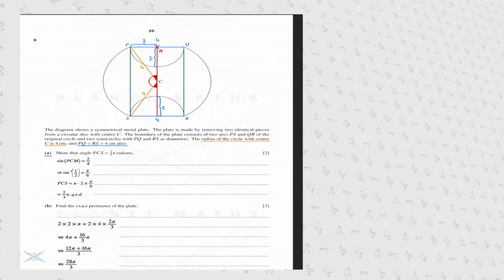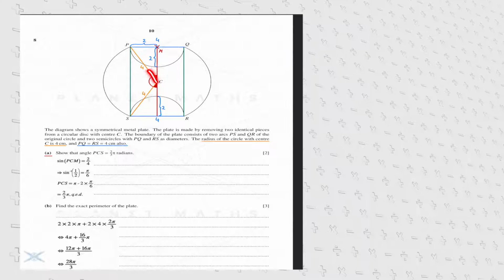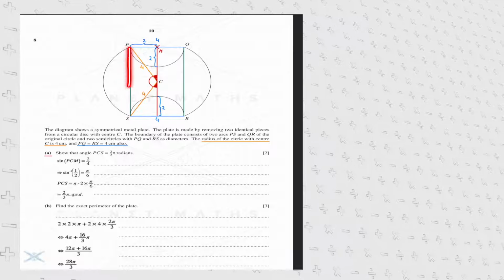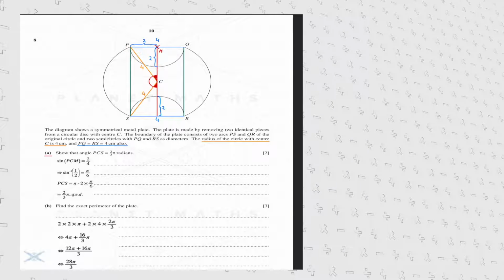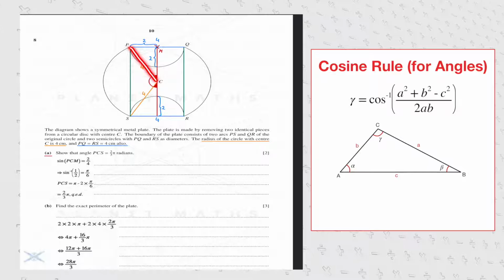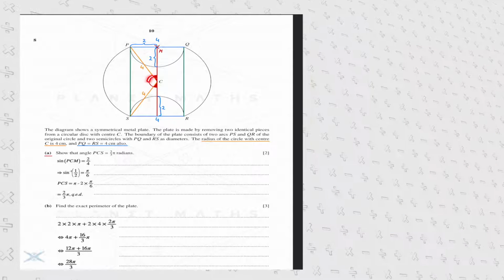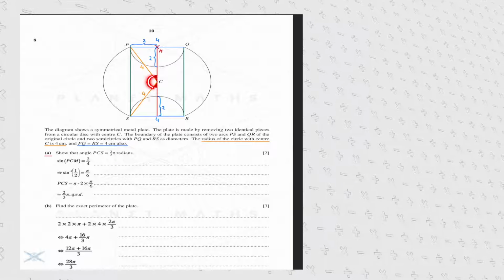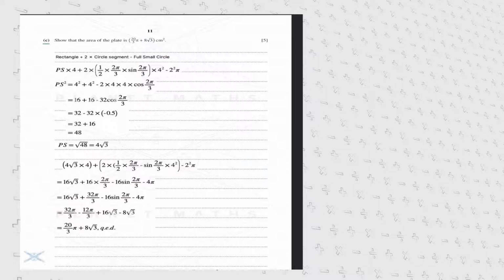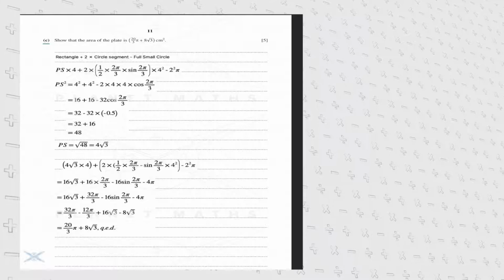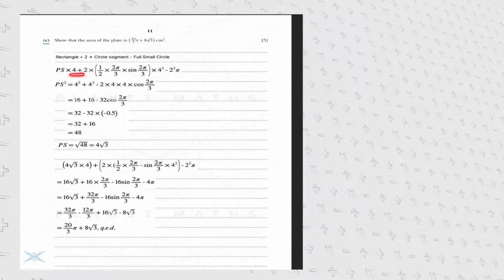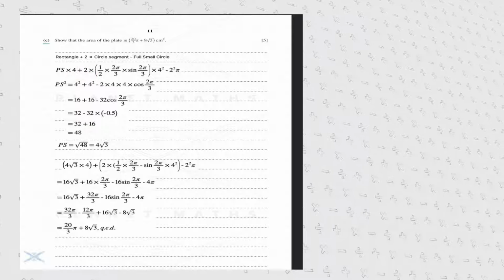To find PS, we will work within the triangle CPS, and in order to determine PS, we will employ the cosine rule, since we know the length of both legs, which are each 4 centimeters long, and in part A of this exercise we have already determined the size of this angle in radians. Employing the formula as provided and plugging in the values for the variables accordingly, we will be able to conclude